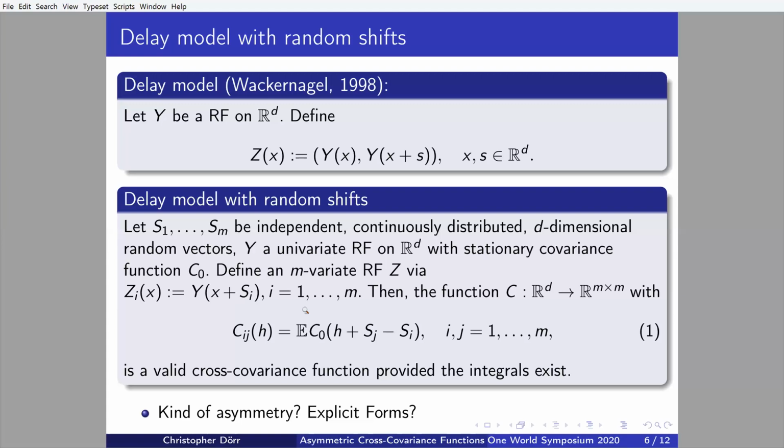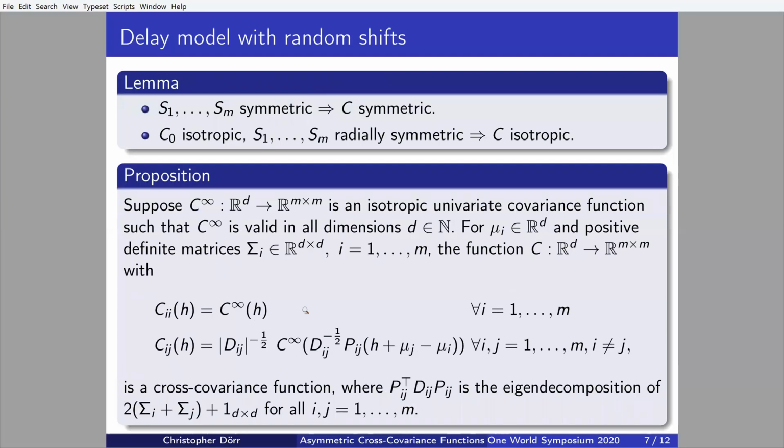Recalling what we have already discussed so far, we focus on two questions. First, what kind of asymmetries can we produce with that model? And second, can we get explicit forms for it? Starting with the first question, we can show that the properties of the random shifts determine the symmetric properties of